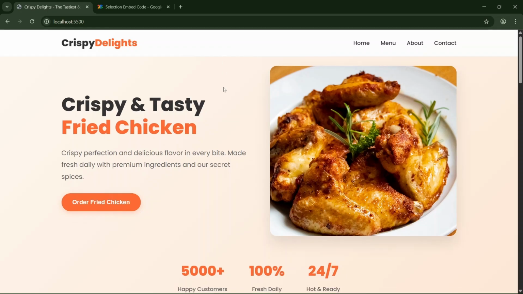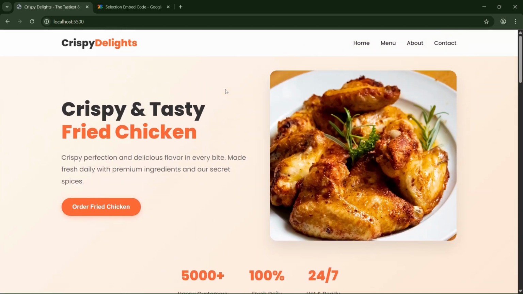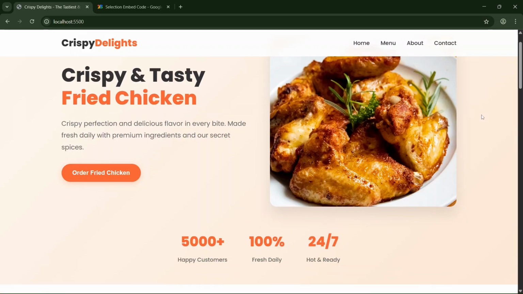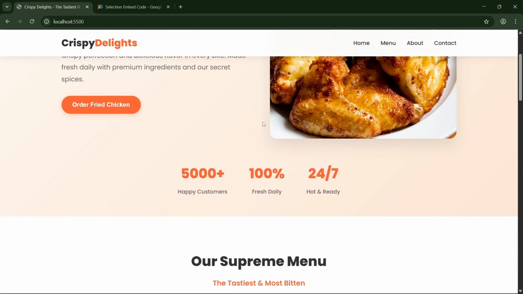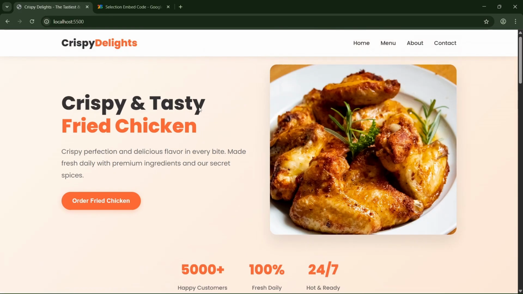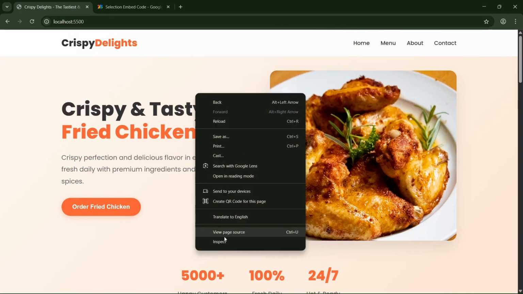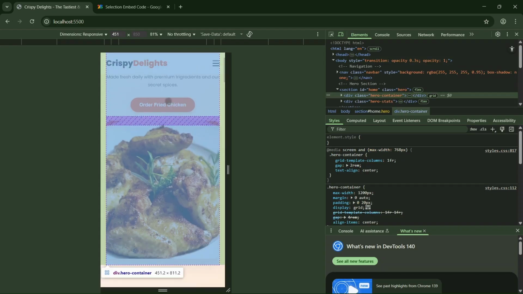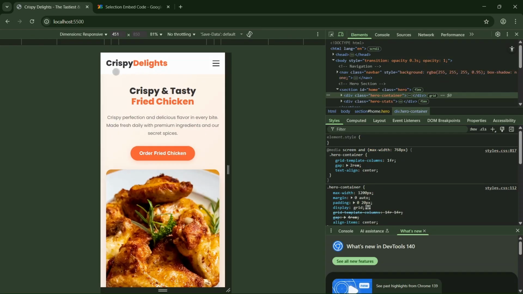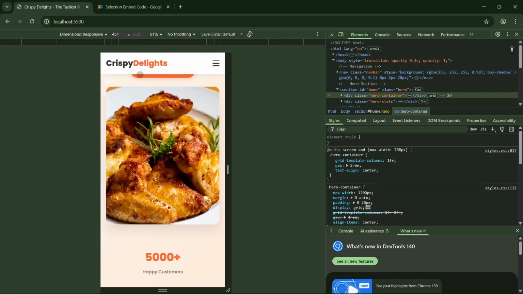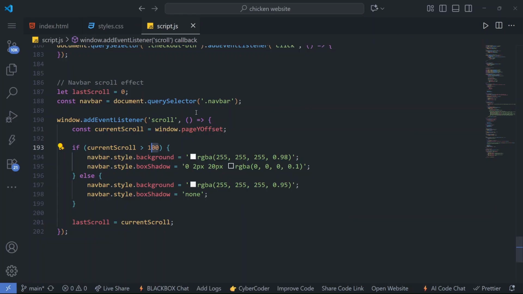See, initially the box shadow is not there. Now when I scroll, the box shadow is showing. See the box shadow. We have added it for the menu too; you can try on small devices. Initially no box shadow is displayed, and when I scroll, the box shadow is created for the navbar. So how are we going to add it? When we scroll and it is greater than 100, calculating the y-axis height,